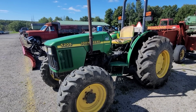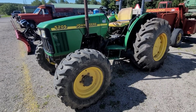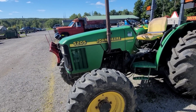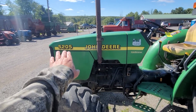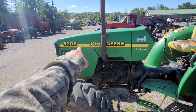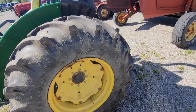Well, I don't want to be exclusionary. We got a John Deere 5205 selling with reserve. 4-wheel drive, no idea the hours on it. I'm gonna guess what, 45 horsepower, because the John Deere numbers never make sense. Like, it's not like 52 horse 5-cylinder. They never make any sense. So yeah,